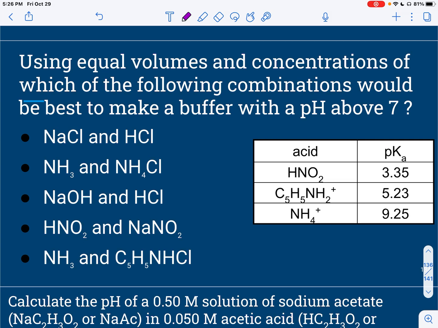pH above 7, equal volumes. So for equal volumes, you know the pH is going to be equal to the pKa. Okay, so if we went with equal volumes,